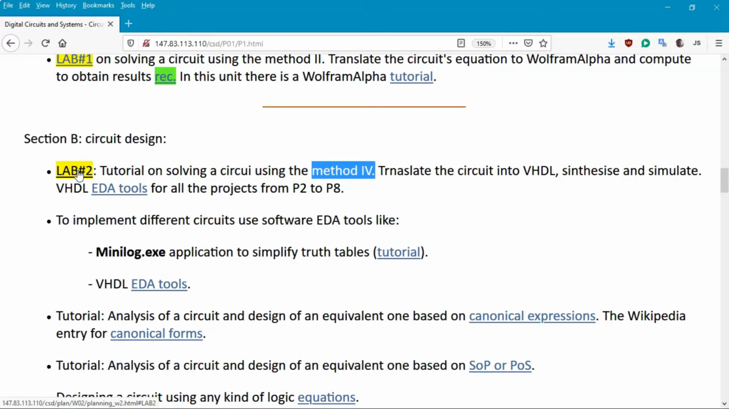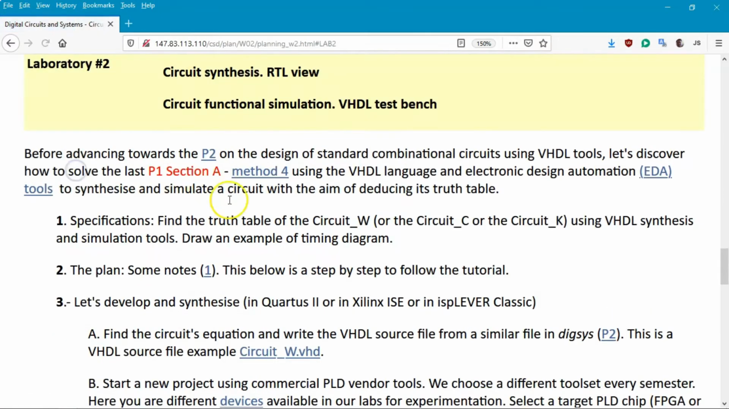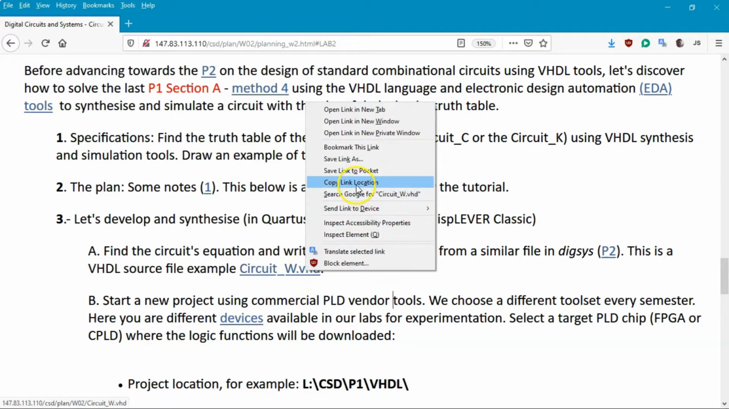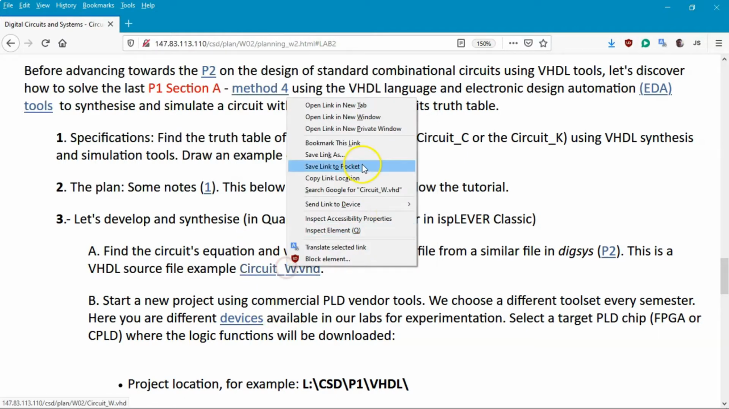Now it's here. With the aim of introducing the VHDL to you just now, from the very first circuit, in this way you can keep using it all the time. So here you are, the method 4. And the most important thing here is that just to speed up everything, you already have the circuit W in VHDL. So the only thing for you to do is to copy the link location, save the link as, you see, you can save the circuit W as